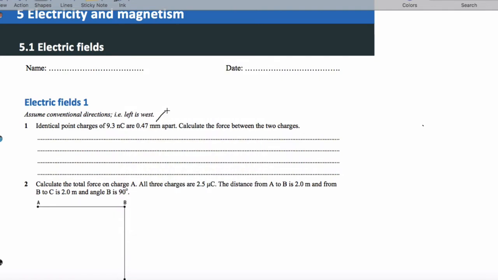First of all, let's just make sure that we're dealing with the right distance. I know this is millimeters. Let's convert it to meters. That will be done by tacking on 10 to the negative 3. And when we fix our scientific notation, that's going to be 4.7 times 10 to the negative 4th